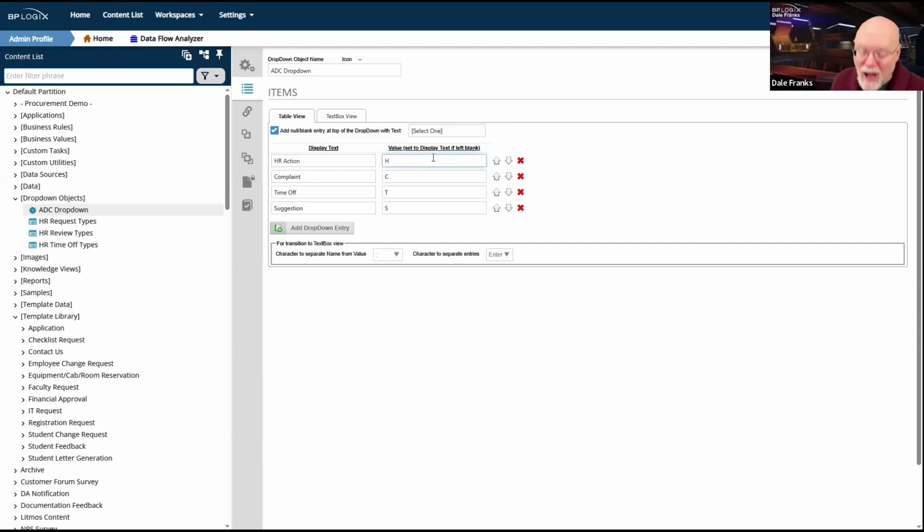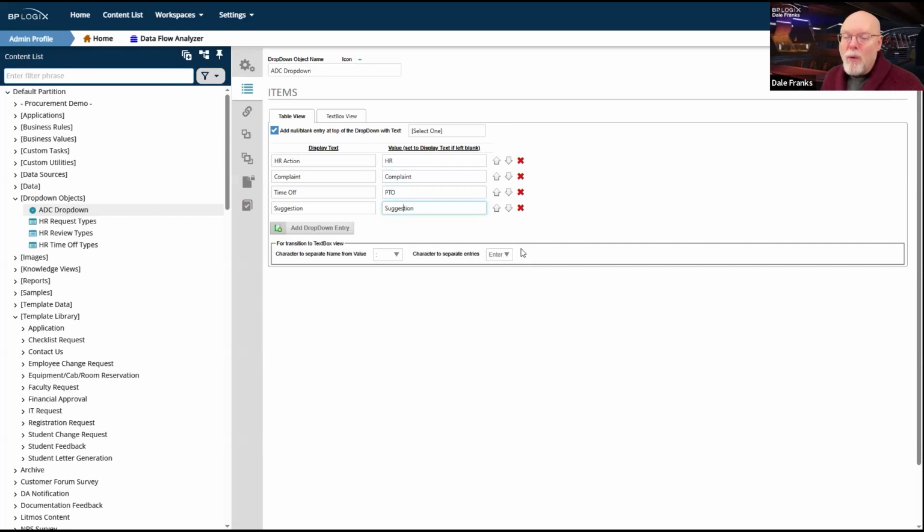In fact, I could go a little further. I could call it HR, complaint, PTO, and suggestion if I wanted to. You got a lot of freedom for how you want to set these values.